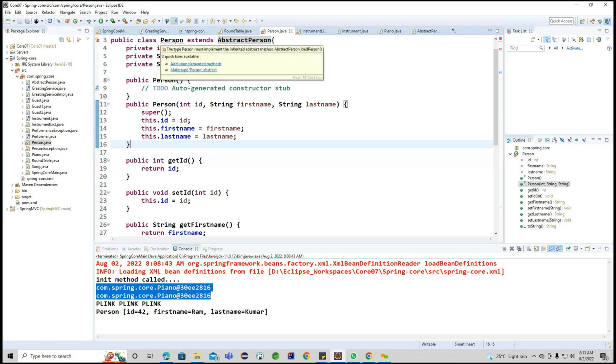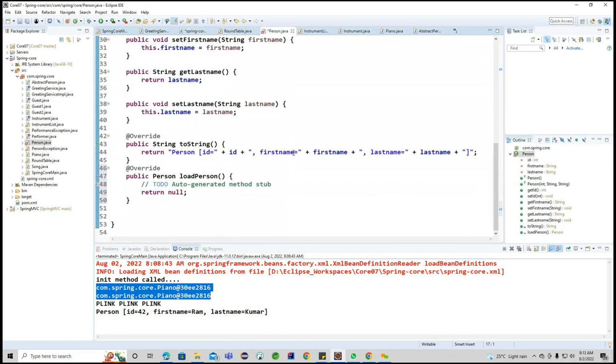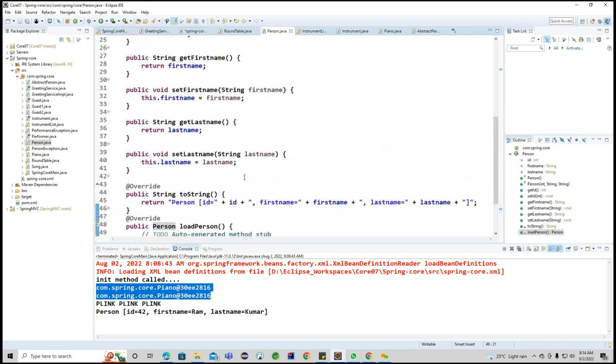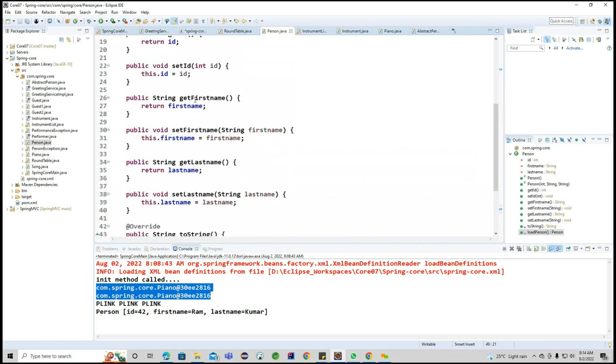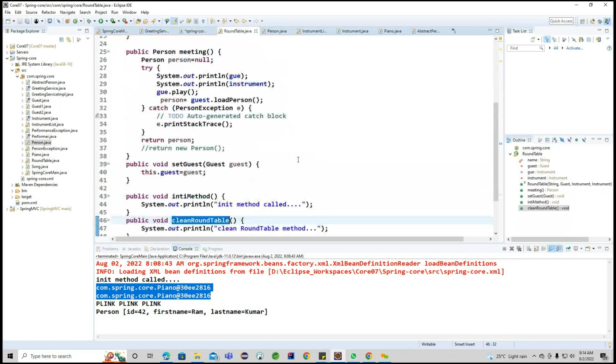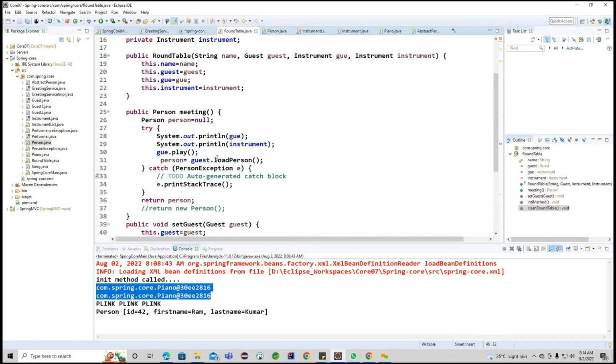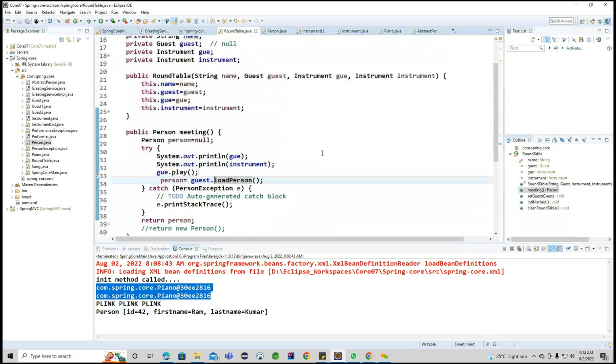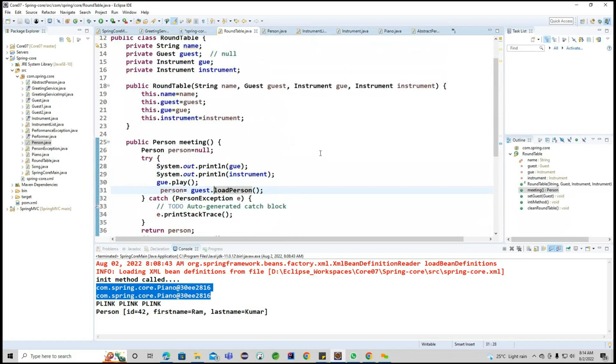Abstract person, and here I'm going to create the particular unimplemented method load person. So here what I will do, simply I will return this. Okay, it will try to return this particular object here. Now, whenever we are calling this, instead of calling this particular load,